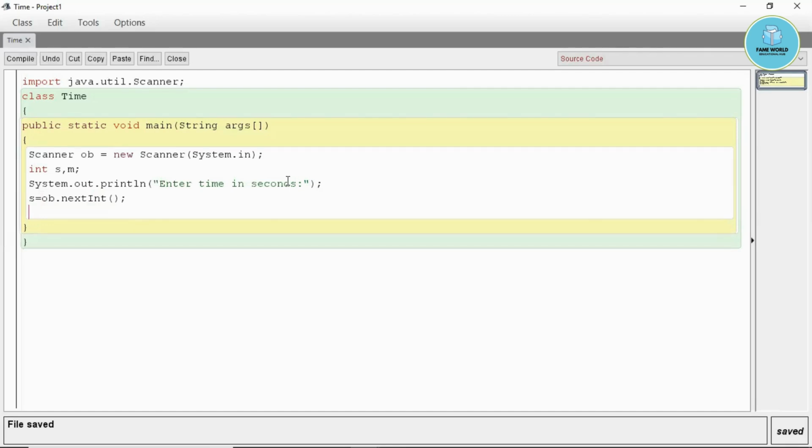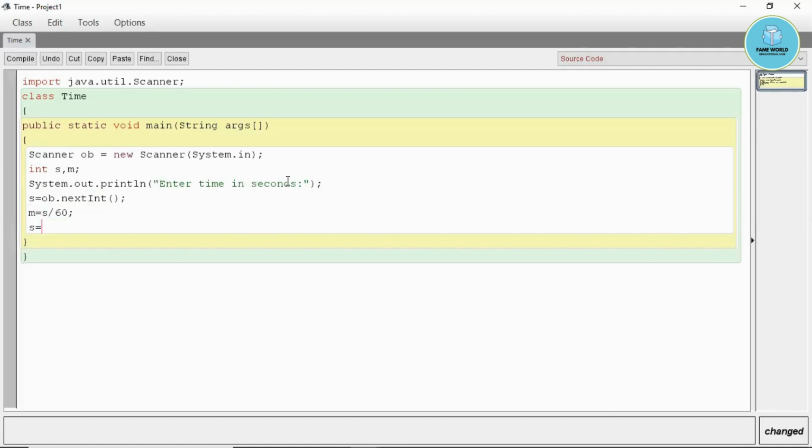So we have to calculate minutes. We know that 60 seconds are there in a minute, so we will just divide the seconds by 60 to get the minutes, and to get the remaining seconds, this is the remainder portion, how many seconds would be remaining. So seconds modulus 60, this is modulo division. The modulo division or the modulus operator is basically used to get the remainder.